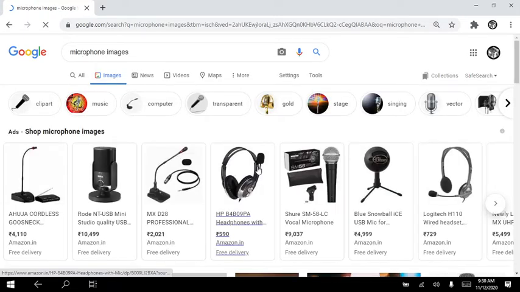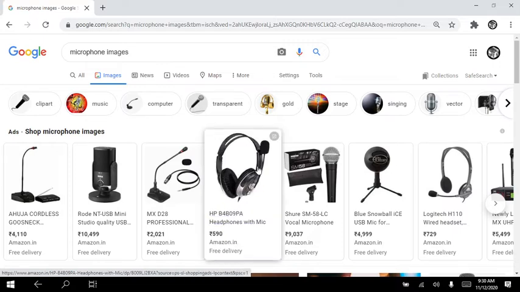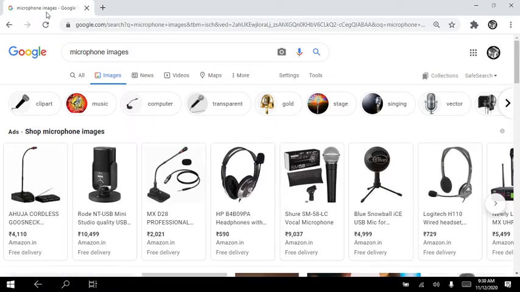So this is the microphone. It is used to record the voice and music into the computer. Okay, recording has to be done. This is an input device, whereas your speakers are the output device. Then comes your